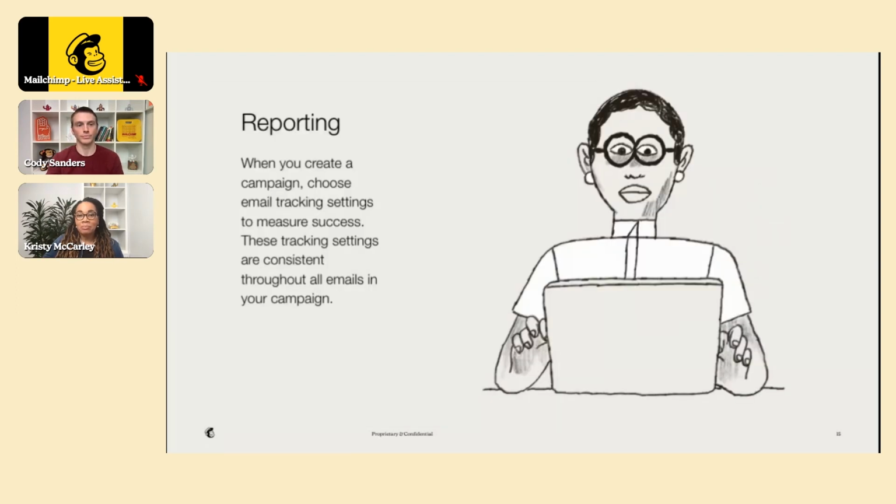And that sets us up nicely to talk about cross-campaign reporting. It can be a challenge to track different messages with different metrics through different channels. In Campaign Manager, tracking settings apply to all messages across a campaign, which leads to more accurate reporting.